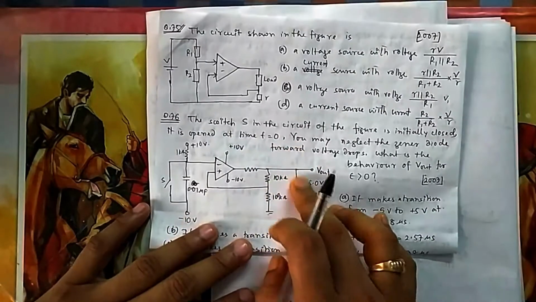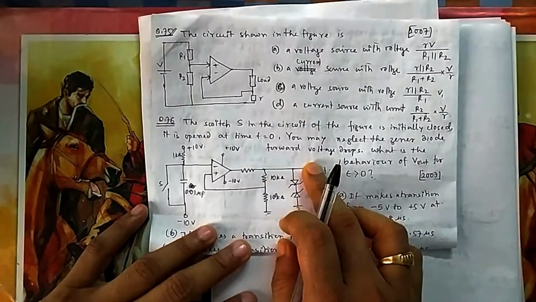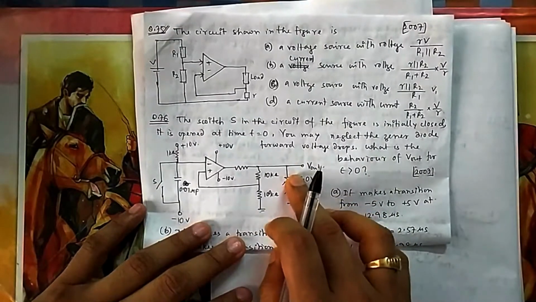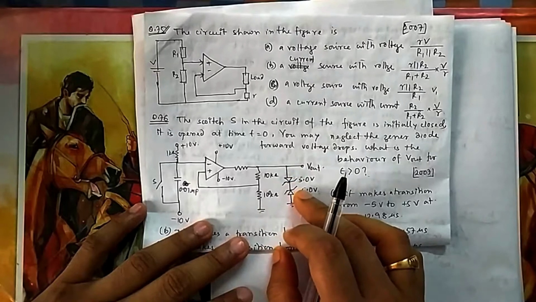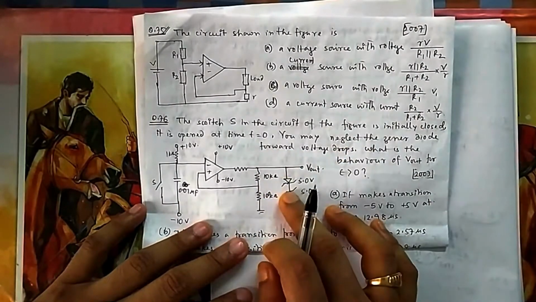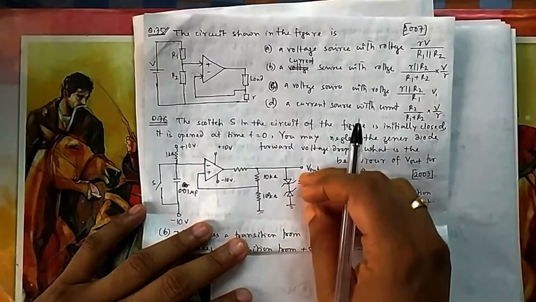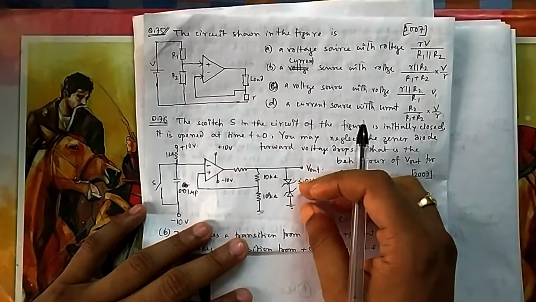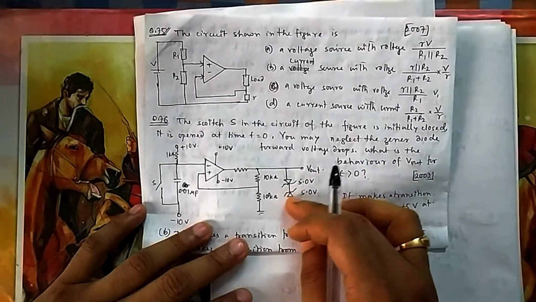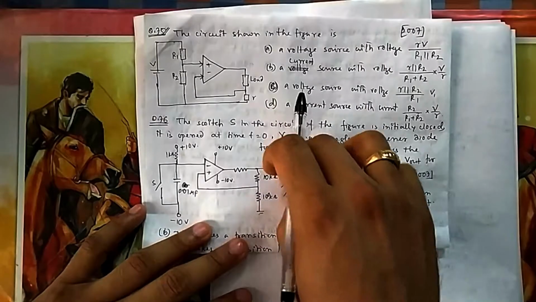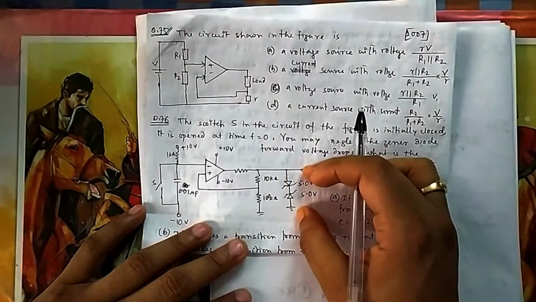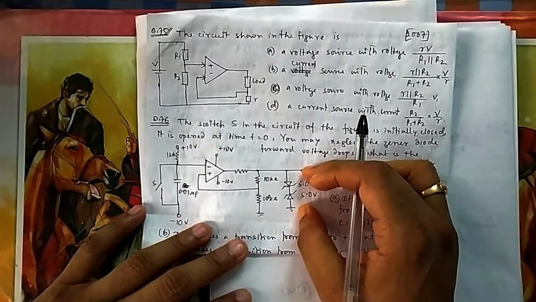Now what happens if I include this zener? Either the output is plus 10 or minus 10, and because these are oppositely connected, one will be reverse biased and one will be forward biased. Forget about the forward bias drop, think about reverse bias. If one gets reverse biased, then that voltage becomes 5 volt. Suppose the output is positive, then this one will be reverse biased, so the voltage here will be fixed at 5 volt, because the drop is neglected. So then your Vout will be fixed at plus 5.